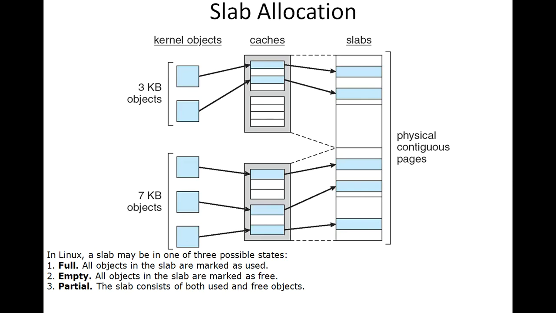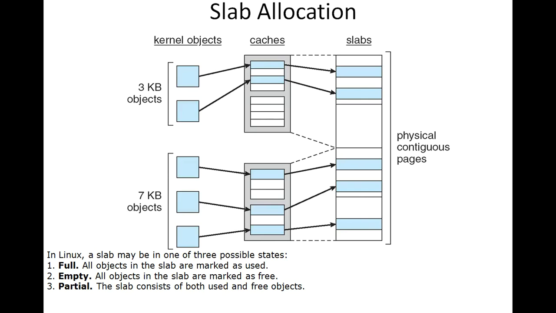A slab is used for allocating memory for kernel data structures and is made up of one or more physically contiguous pages. Here, a cache consists of one or more slabs, and there is a single cache for each unique kernel data structure. For example, a cache for the data structure representing process descriptor, a cache for file objects, a cache for semaphores, and so on. Each cache consists of objects that are